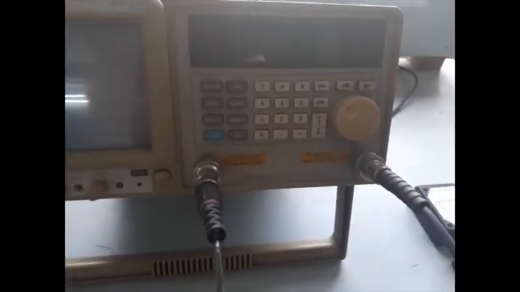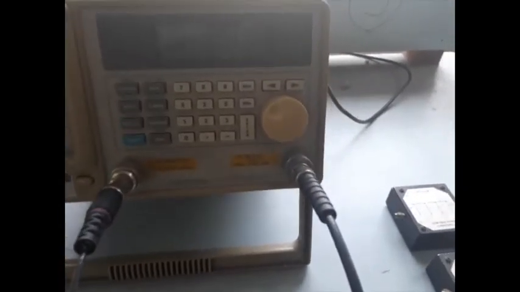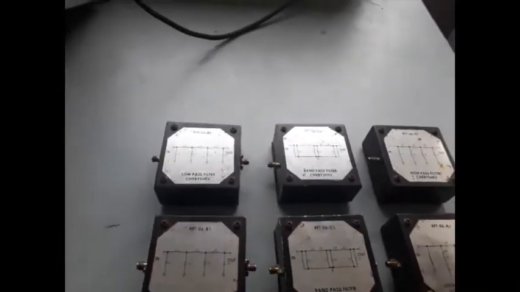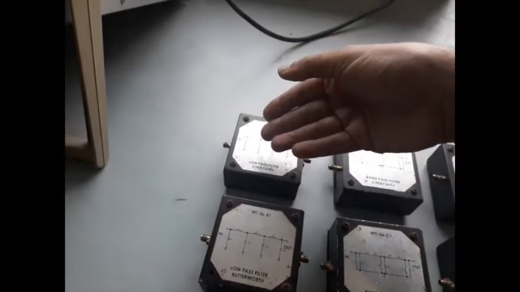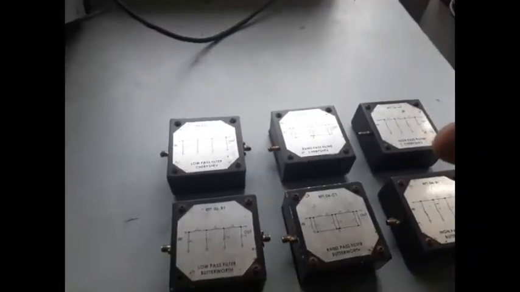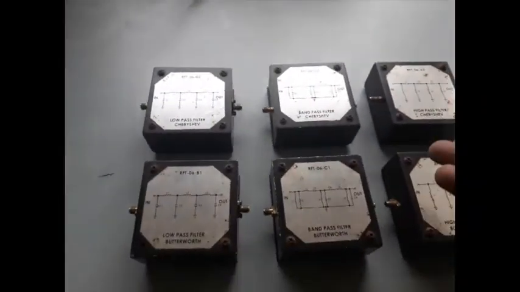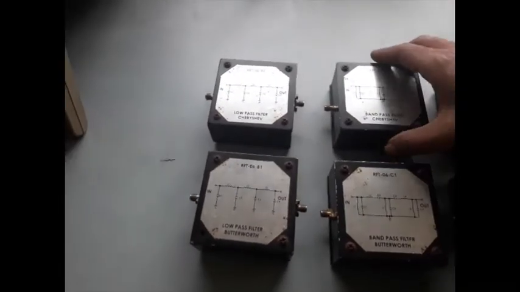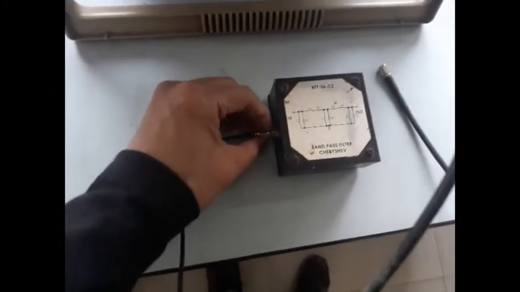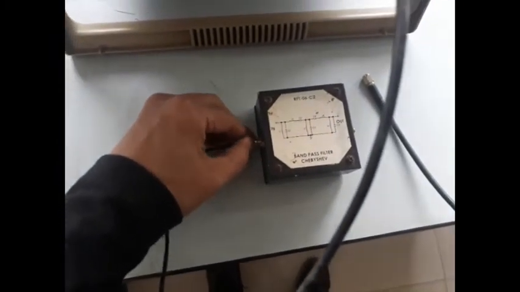For that, first of all, you have to connect any one of the filters serially. So we can start from the low pass filter, Chebyshev type, then we can connect band pass, high pass, etc. Then we will start from Butterworth, etc. But for illustration purposes, we can choose any one of the filters. So let us choose this one. Let me show you how to connect it. You just rotate this and it will be connected.